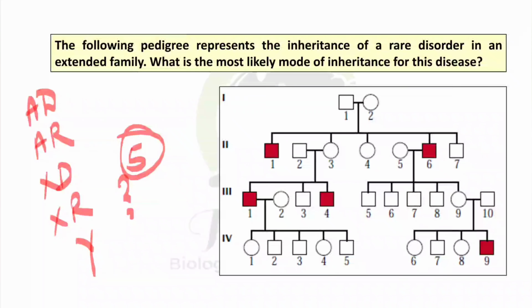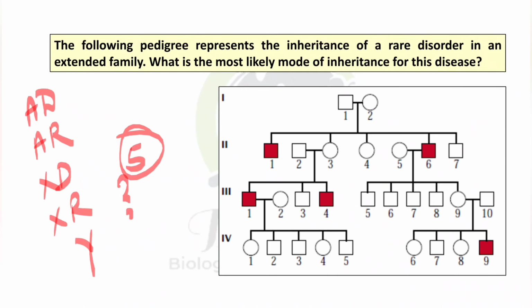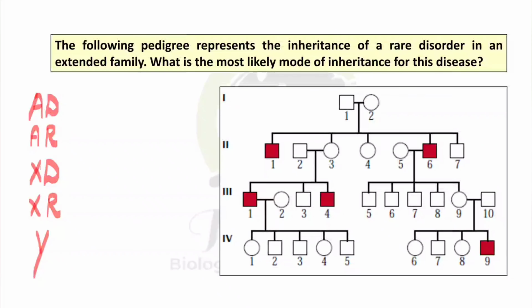So let's find out how to solve this type of question. There is a trick: you should apply all the possible traits. We have 5 traits: autosomal dominant, autosomal recessive, X-linked dominant, X-linked recessive and Y-linked. So you have to find out whether it is autosomal dominant, and if not, why; and if it is autosomal recessive, why. Likewise you have to eliminate each option to get to the correct answer. So let's solve step by step. The first option is whether it is autosomal dominant or not, or autosomal recessive or not.